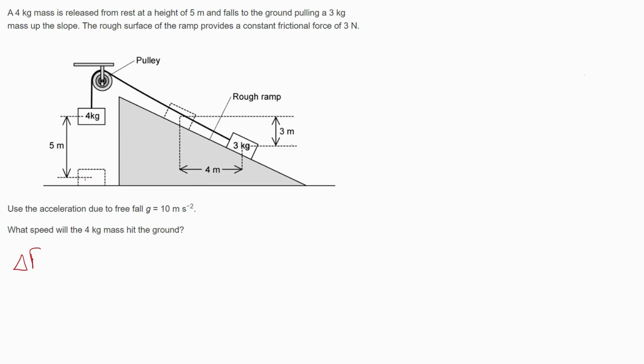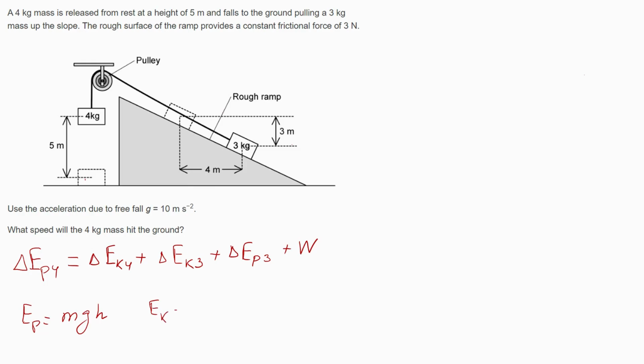Firstly, the change in potential energy of block 4 will be equal to the change in kinetic energy of block 4, plus, since the second block also starts to move, the change in kinetic energy of block 3, plus the change in potential energy of block 3, plus the work. The potential energy equation is mgh, the kinetic energy equation is 1/2 m v squared, where v is the speed,